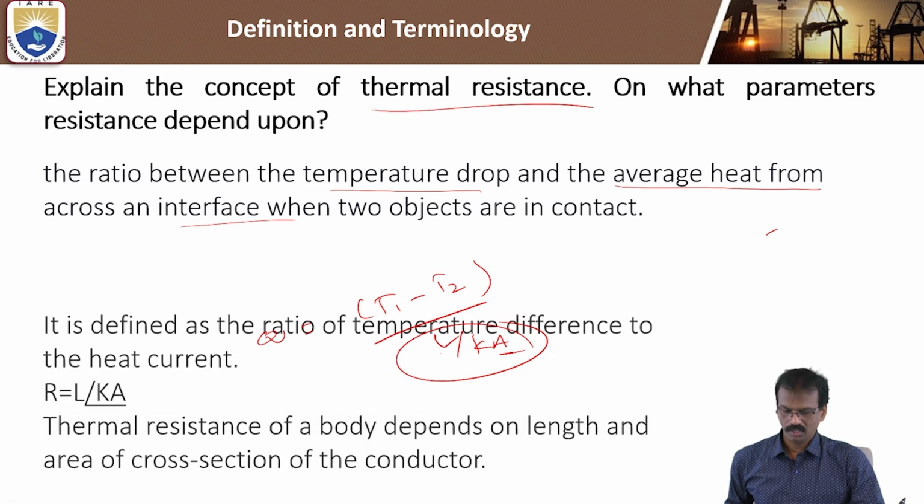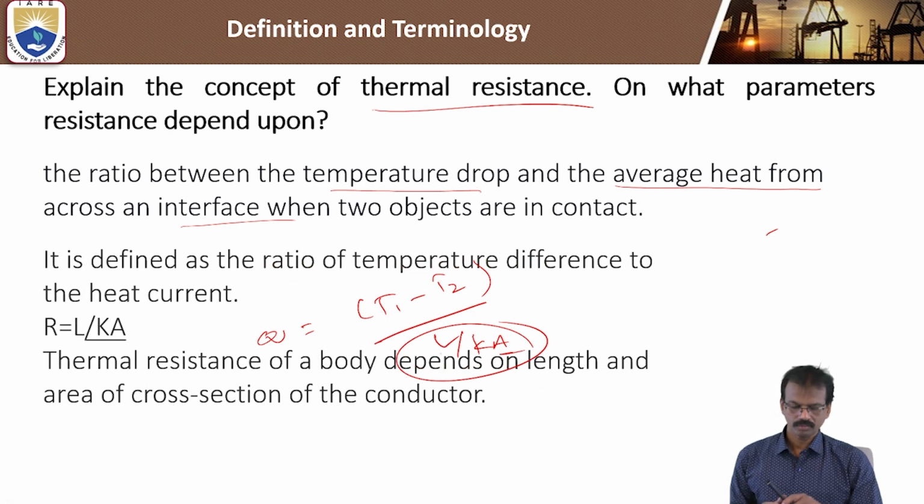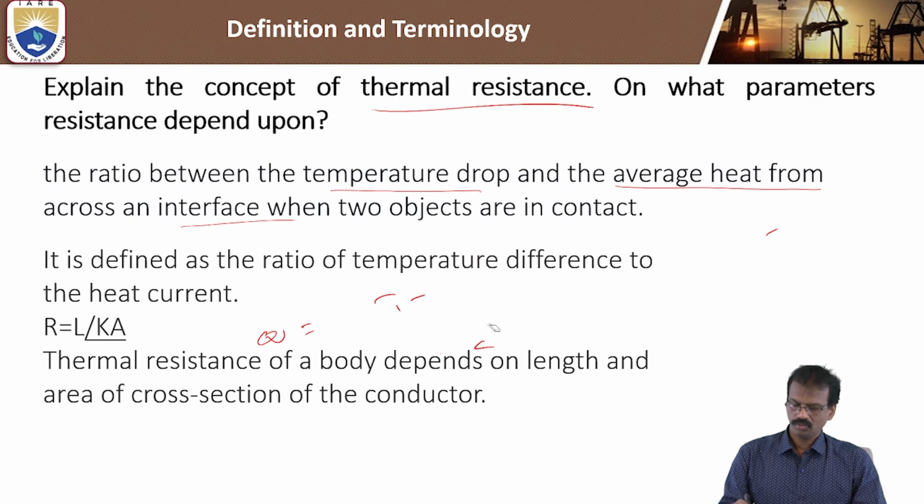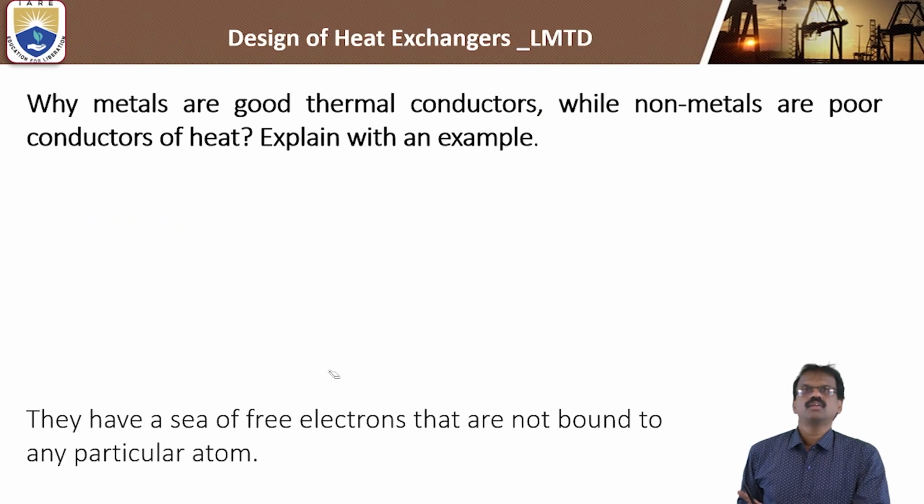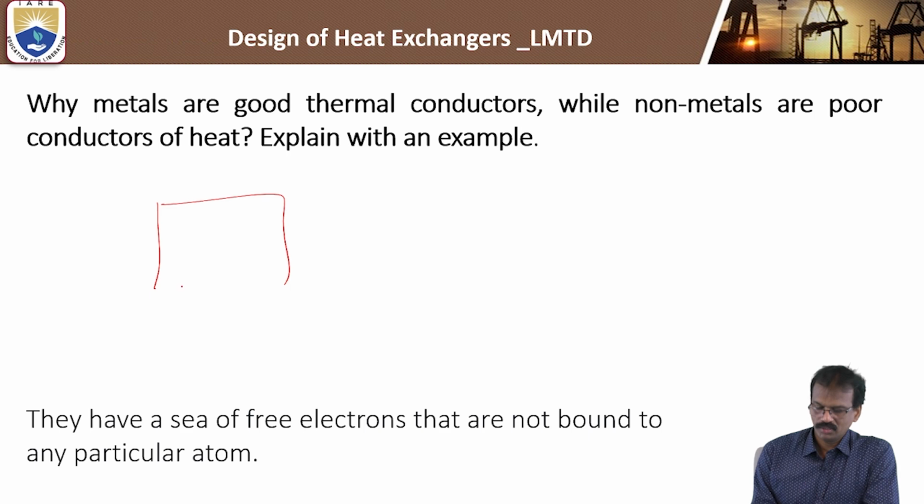Now we'll see another important question. Why are metals good thermal conductors? Why are non-metals poor conductors of heat? Explain with examples. We know that conduction takes place in solids, but mainly in metals, because